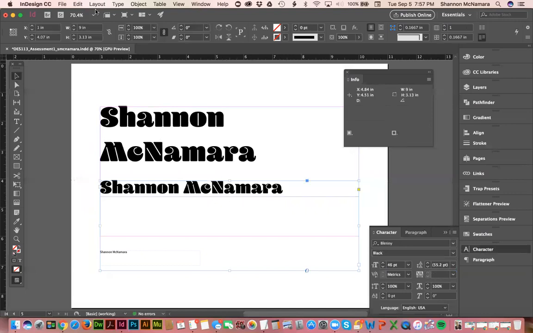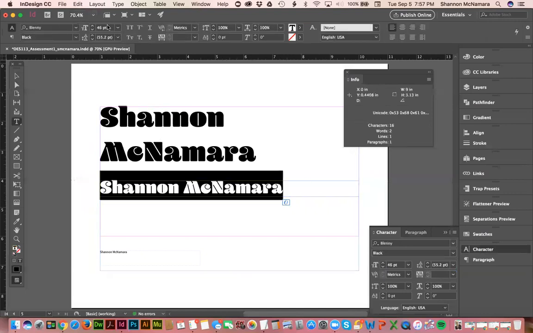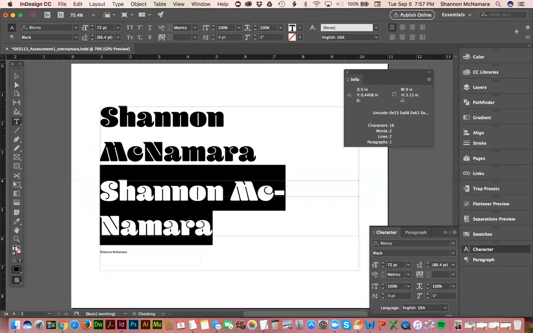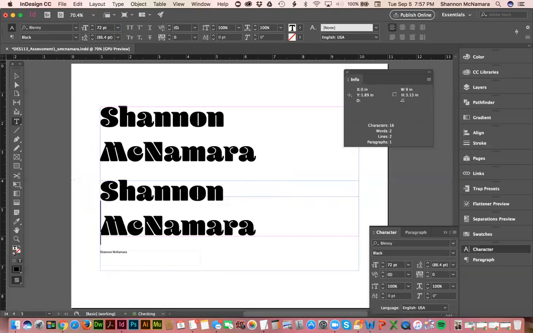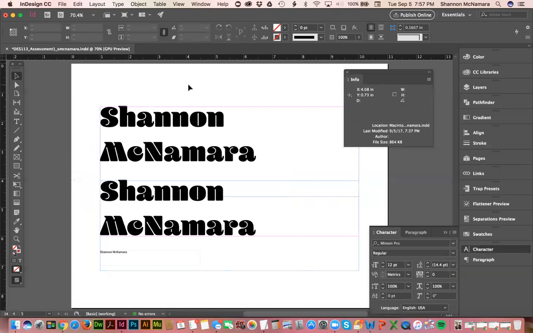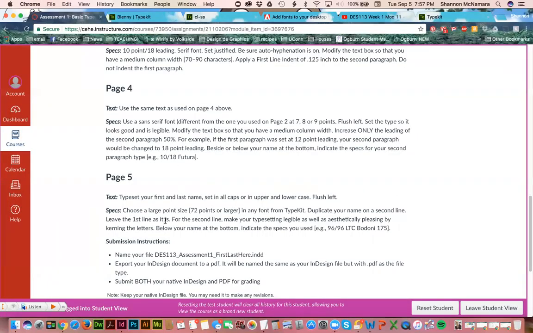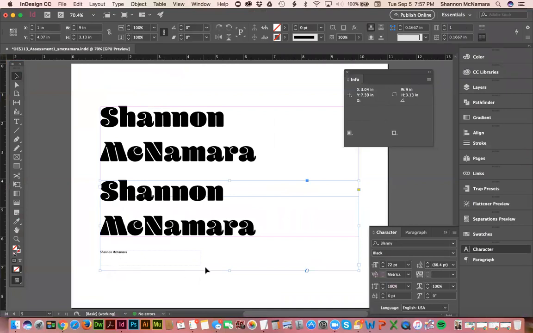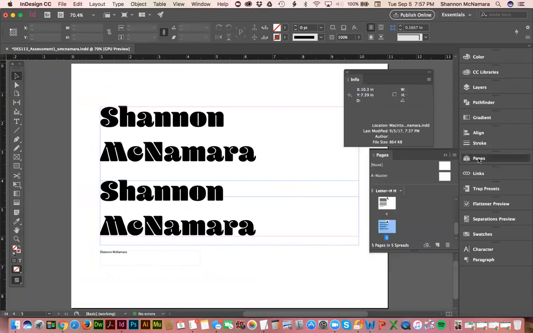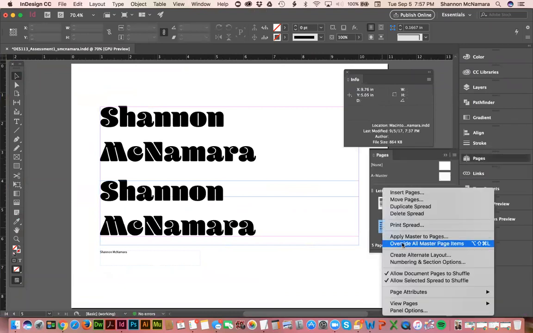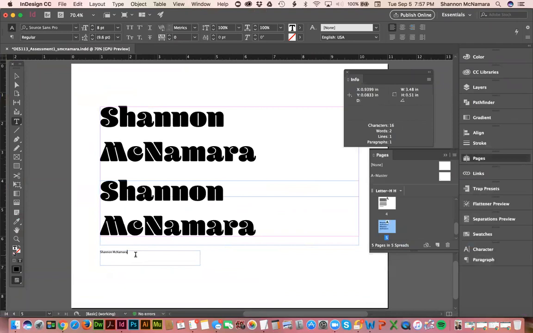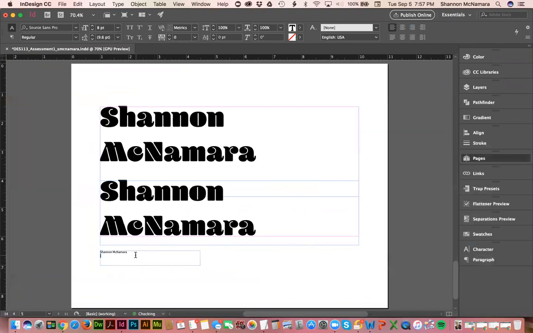And I don't know if you were supposed to change the font size, so I'm going to change it back to 72, just so that way we have a good comparison between the two. And then below your name at the bottom, indicate the specs that you used. So for this, close up this text box a little bit. I again need to go to Pages, right-click, override all master page items, and it says